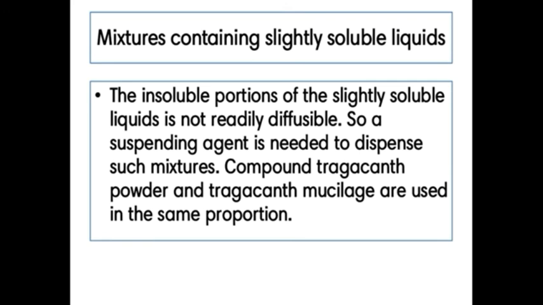Now, liquids meant for external administration. First, liquids used in the mouth. The first one is gargles. Gargles are aqueous solutions that normally contain antiseptics or antibiotics to treat throat infections, and they contain some flavoring agents and coloring agents. Examples of gargles are povidone iodine gargle and chlorhexidine gargle.